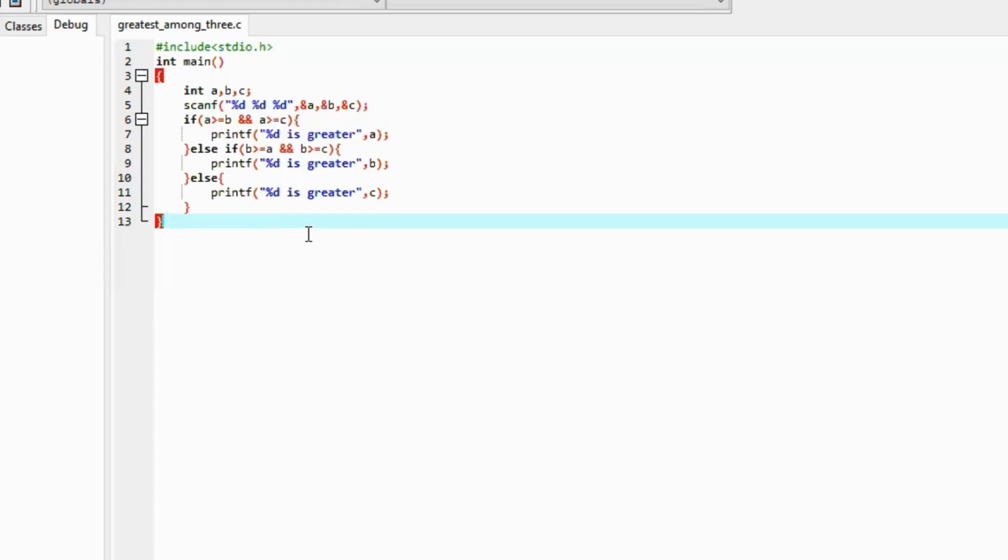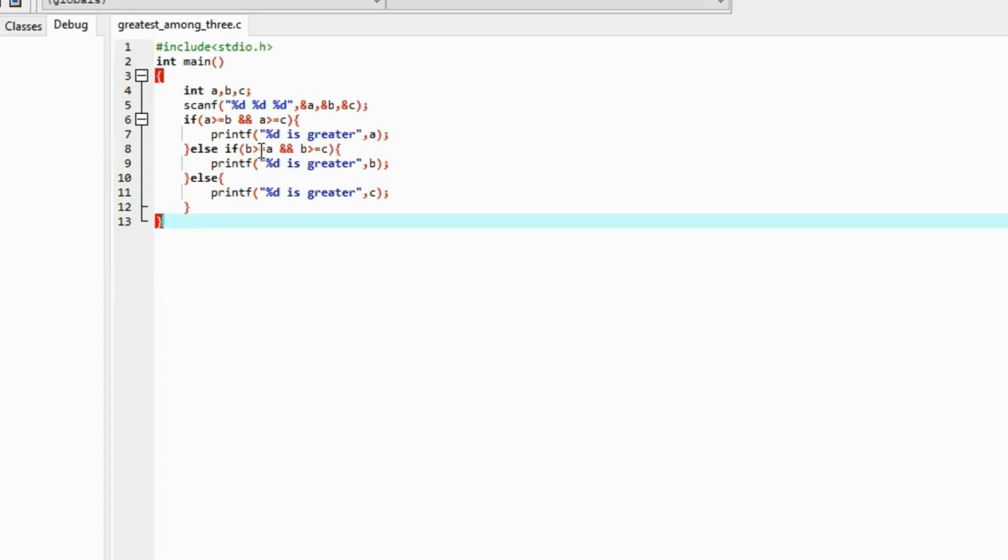So if we take our A value as 3, B value as 4, C value as 5, then in our first condition, we need to check whether 3 is greater than 4 and 3 is greater than 5. Here 3 is not greater than 4, which is false, and 3 is not greater than 5, which is also false. So false and false is false. So it comes out of if, and it checks the condition under else if. Here in the else if condition, it checks whether 4 is greater than or equal to 3 and 4 is greater than or equal to 5.